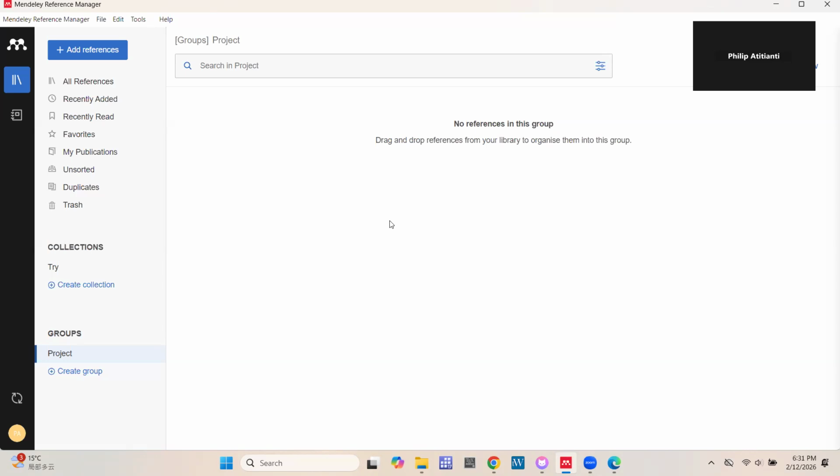So just like we did for Zotero, I'll do a quick intro to share an overview of the interface. And then we'll look at how to add files, how to cite, and how to create groups. Basically, just follow the same trajectory we did for Zotero. All right, so this should be the interface that you would have.